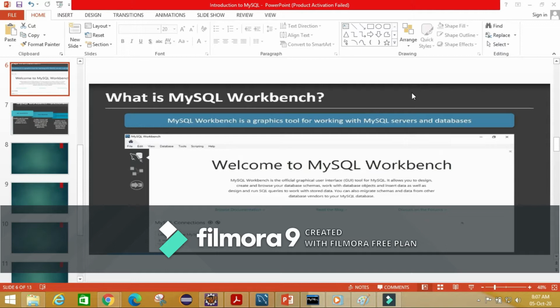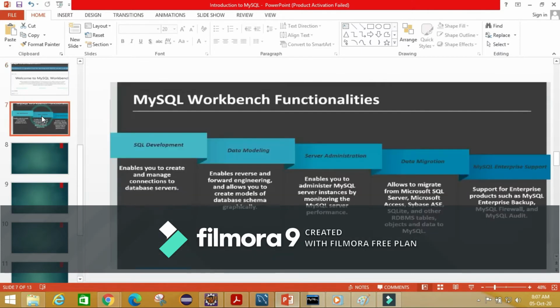This tool is compatible with older versions of the server and doesn't support the 4.x server versions. And if we talk about the functionalities of Workbench, it has SQL development, data modeling design, server administration, data migration, and MySQL enterprise support.